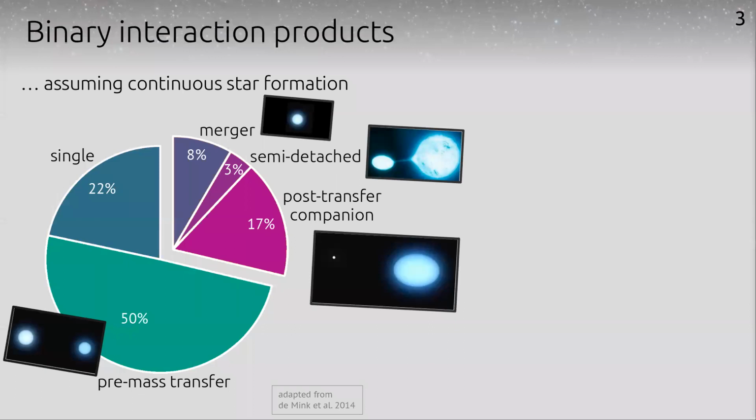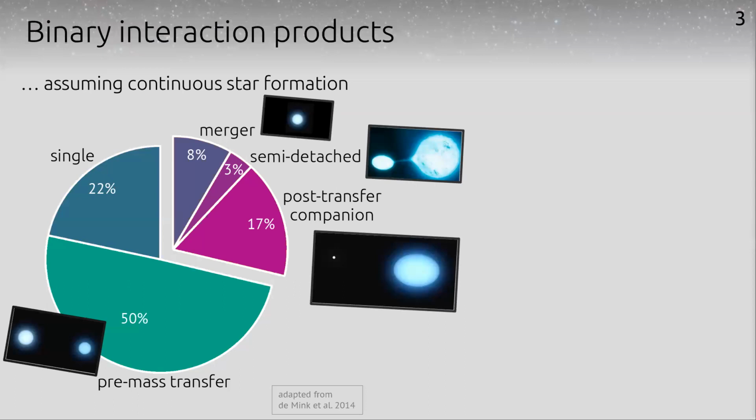We can look at this from a simulation point of view. So what has been predicted by simulations is that if we assume continuous star formation, and if we take the observed O star binary properties, so the fact that 70% of O stars are in binary systems, simulations have shown that if we look at continuous star formation, we find that actually there's a significant fraction of a population of stars that will be binary interaction products. And in this particular simulation, as I said, assuming O star binary properties, this would be 30% of the entire